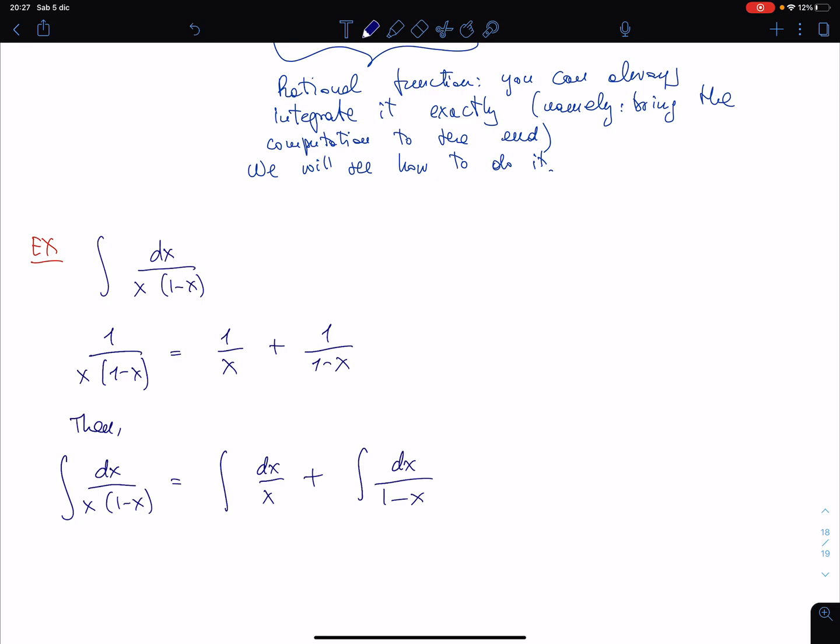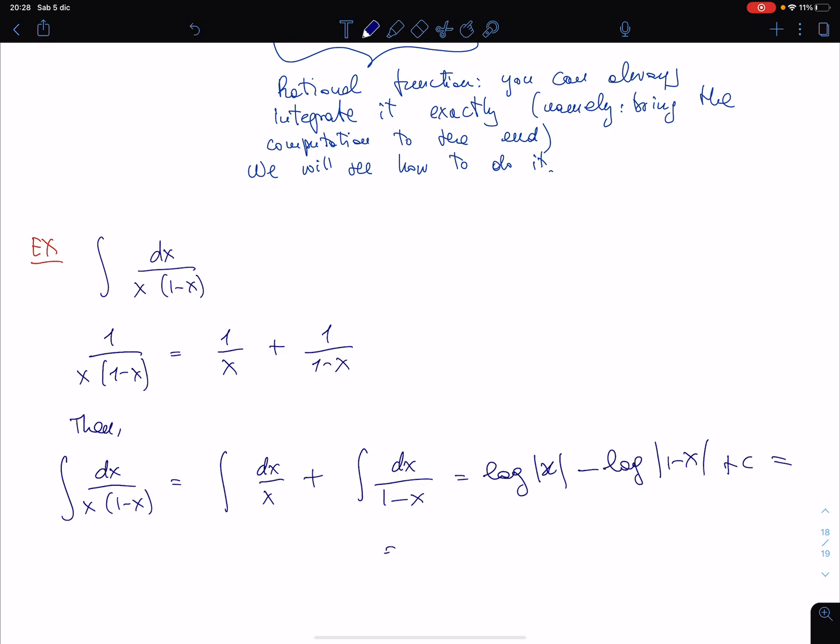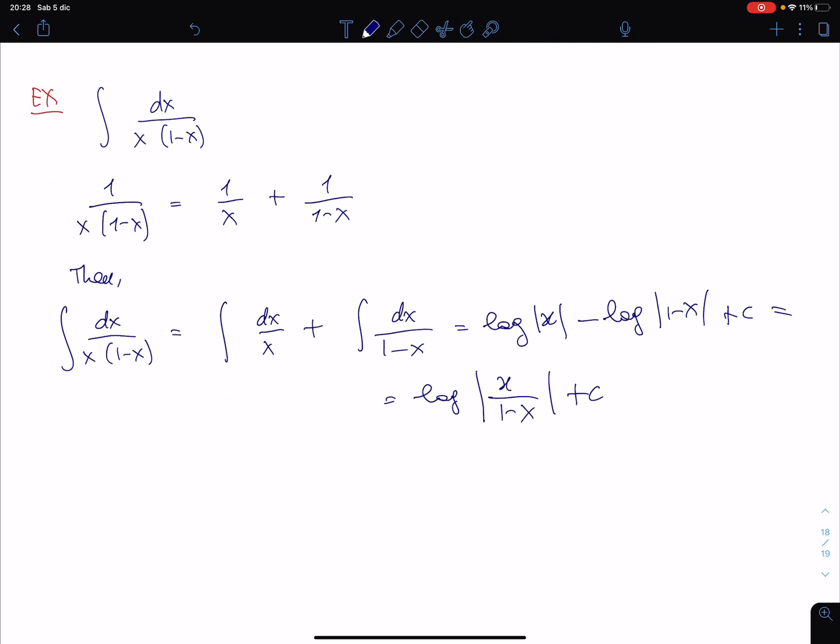And so here be careful, because this is log not of x but of absolute value of x. And here again you have log of 1 minus x, but since there is a minus here, you have minus, and here there is c. So at the end you have log of the absolute value of x divided by 1 minus x plus c. And the message